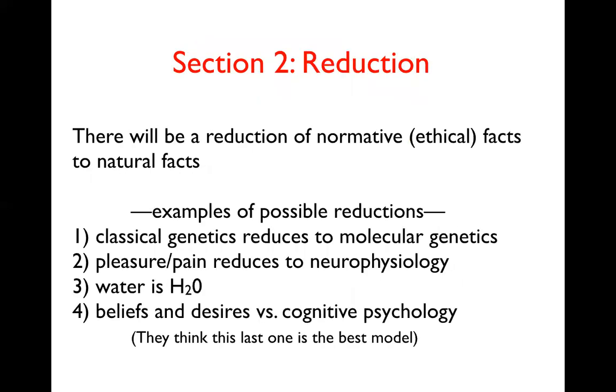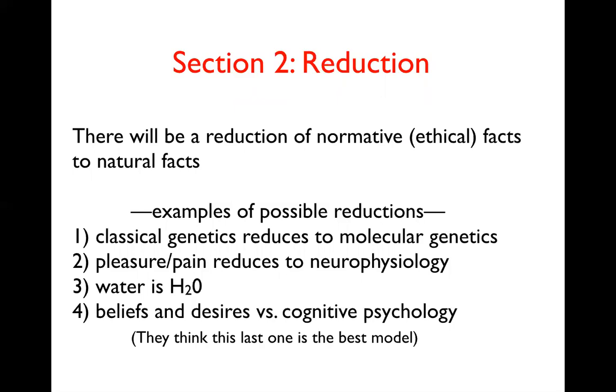Okay, that's section 1 of the paper. It's just sort of framing. Now, section 2 is another bit of framing. It's locating it within the history of this debate in philosophy of science about reduction. So their idea is that they want to reduce the normative realm, in this case, particular ethical facts, just to natural facts. Things that could be, say, discovered by science, can be studied empirically.